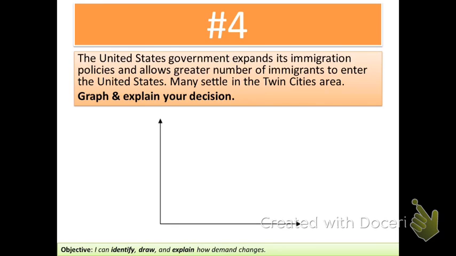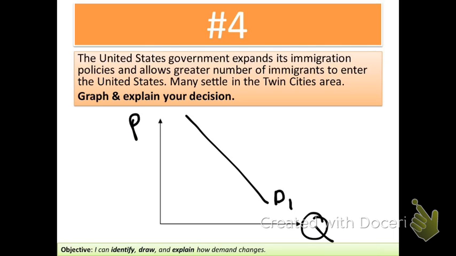Number 4. The U.S. government expands immigration policies, allows more people to enter the U.S. Many settle in the Twin Cities area. Graph and explain the impact on demand for goods and services. Well, let's tell a story. Quantity, price,